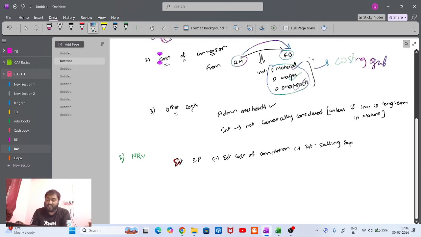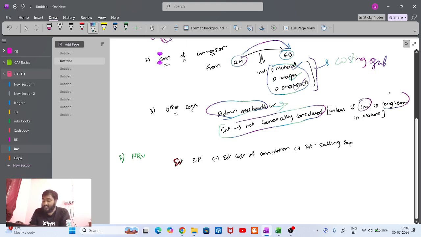These are also included in the inventory cost. Other costs, like administration overheads. Interest is not basically administration overheads. Interest is not recorded generally, but if inventory is long-term in nature,